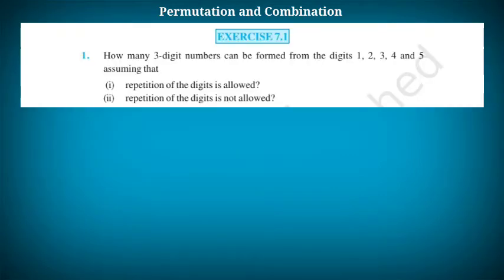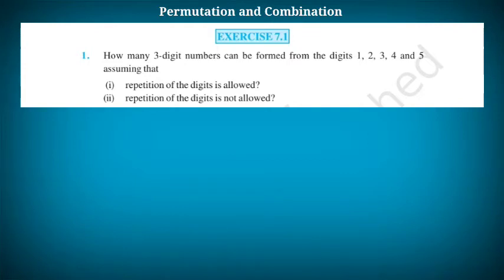Let's discuss the first exercise sum from NCERT exercise 7.1. How many 3-digit numbers can be formed from the digits 1, 2, 3, 4 and 5, assuming that 1. Repetition of the digits is allowed, and 2. Repetition of the digits is not allowed.